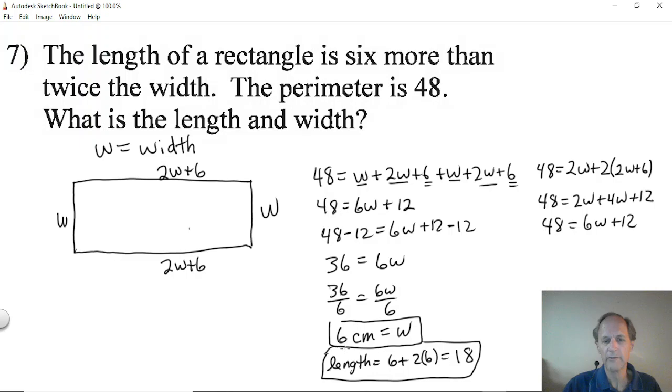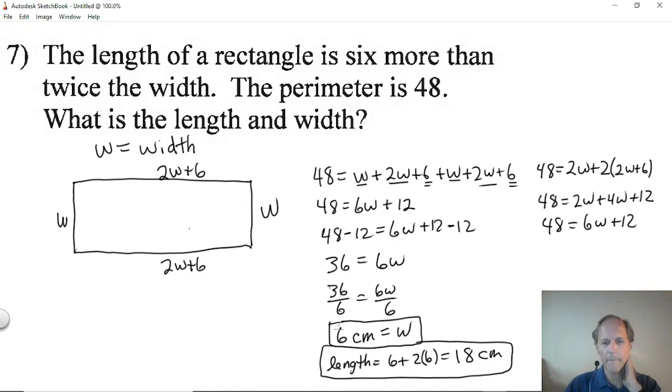The only thing left is to see, is this correct? Interpret it, does it make sense? And it looks like it's reasonable. The length is supposed to be longer because it's 6 more than twice the width, and it is longer, a length of 18 compared to a width of 6. Oh, I just saw I did not write centimeters for the length. So